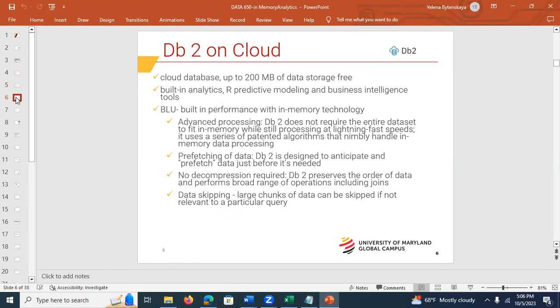Now, you're going to use DB2 on Cloud. It allows you up to 200 megabytes of free storage. It supports some built-in analytics, and it has advanced processing, so you don't have to have the entire data set in memory